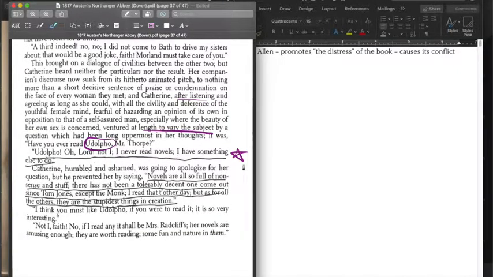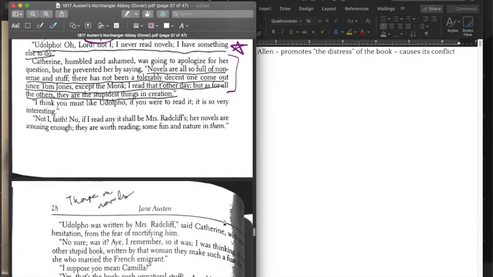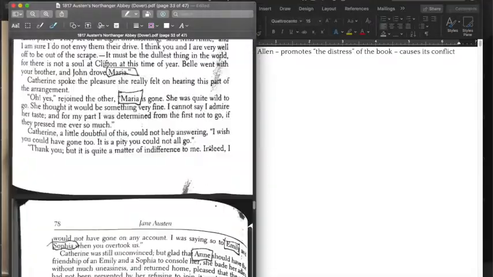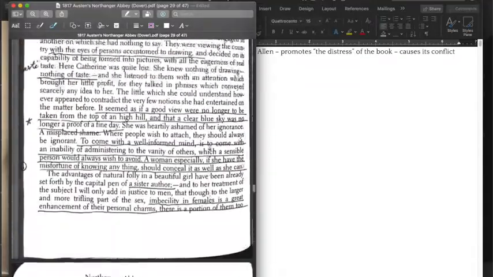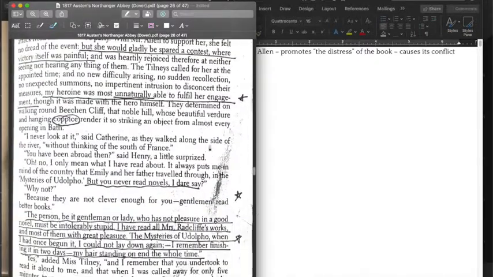And so, this is an example of what Austen was talking about on that other page, when novels are getting dissed. And of course, this is all a way of making this character, Thorpe, seem really bad. He's a jerk, obviously. Now, contrast him here with Henry Tilney. So go ahead and flip over to chapter 14.